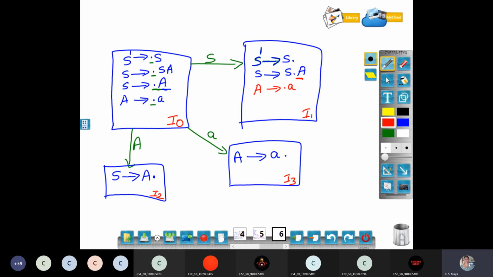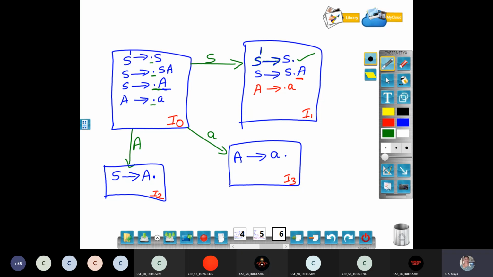Then after I naught, what is the next state? I1, ma'am. See, I1 you have to check. I have to move dot on the right hand side for all the sets of I1. Whatever is in I1, you have to keep moving. If it is already done, leave it there. If not, you have to continue. You check for the first production. Is it required? No, ma'am. Dot is at the end. It is already over.